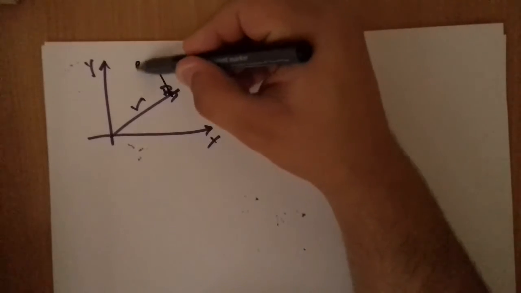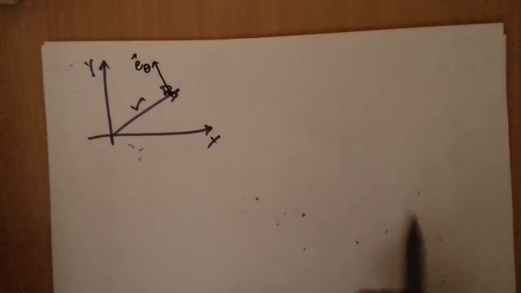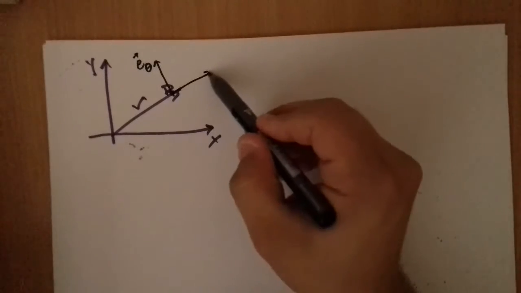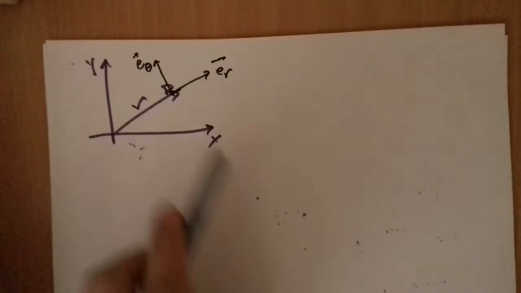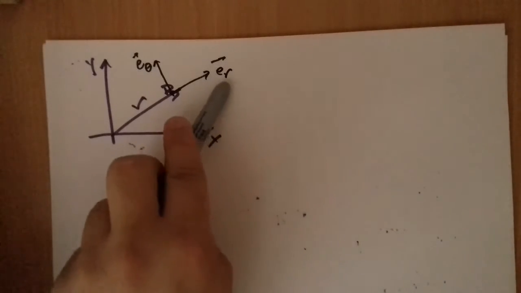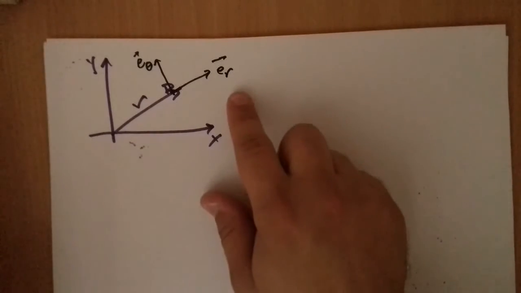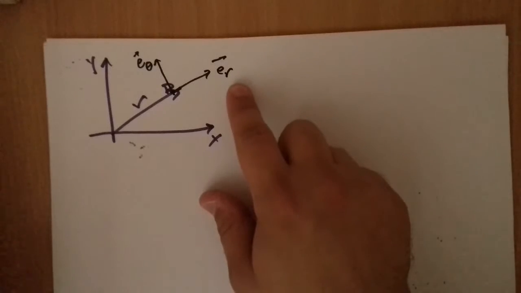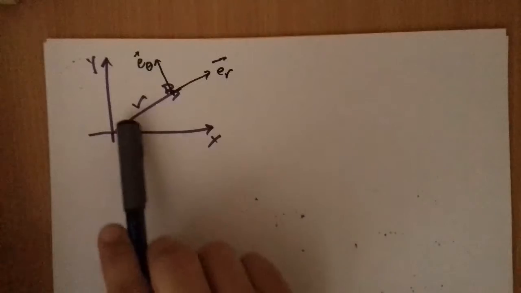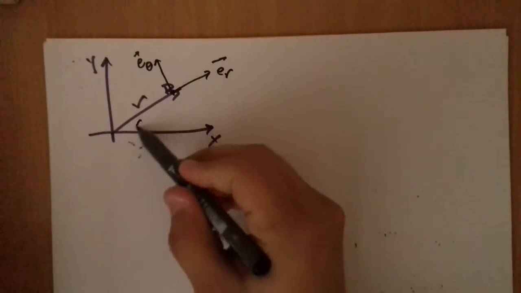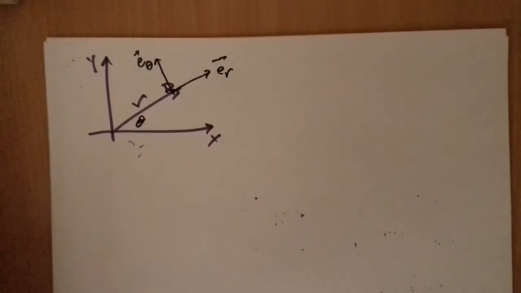This is e theta and this is e r. So this is the unit vector in r direction, and this is the unit vector in angle direction. This is the angle theta,